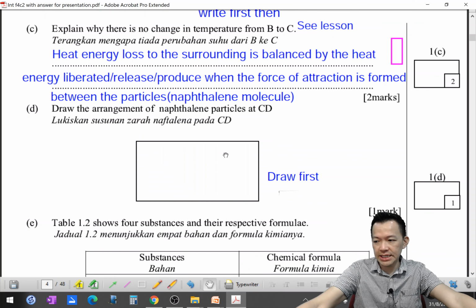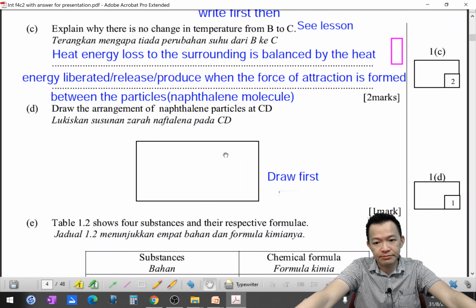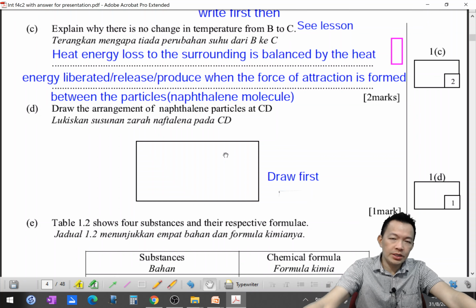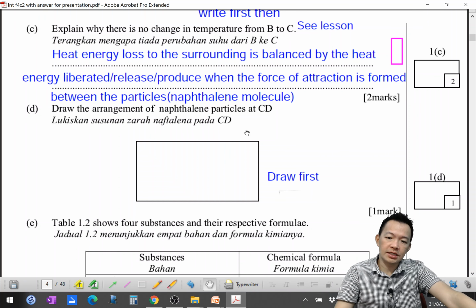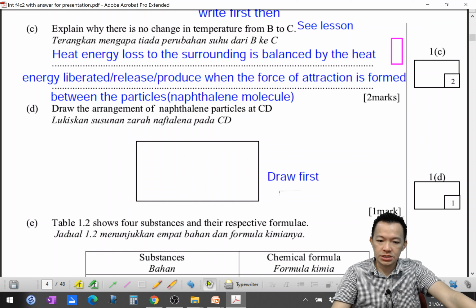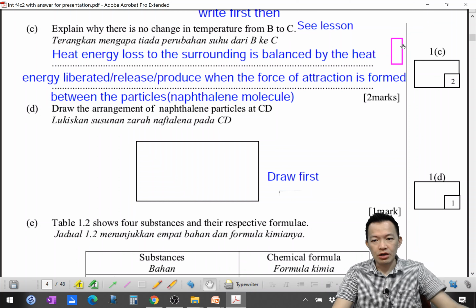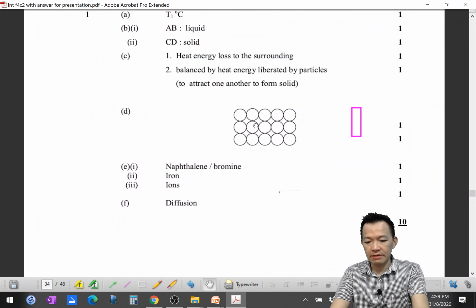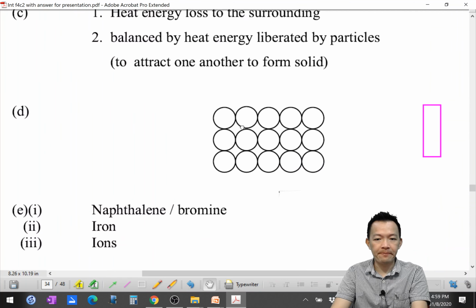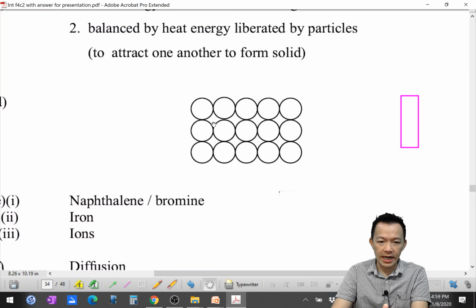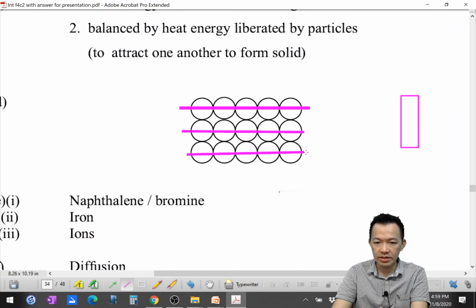Okay, you draw first. 这样子叫你画东西，你也会被扣分。为什么呢？When you draw the solid particles, please remember, your particles must be the same size. 你的 particle 的体积要一样。And they must be close together, 画得很密。Besides close together, we want to see a pattern, 美美的次序。